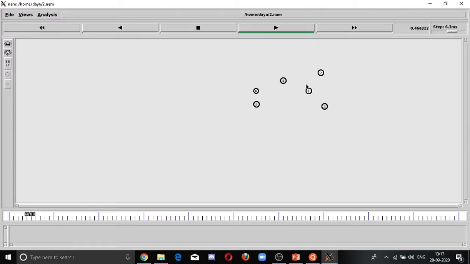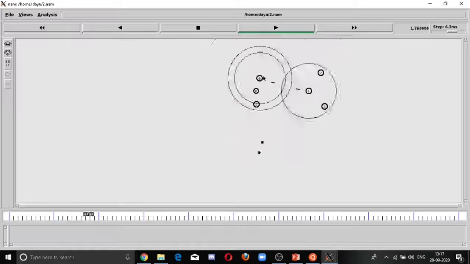This is our second scenario, where vehicle number 4 will move from this segment to this segment and will be the head vehicle of that segment.